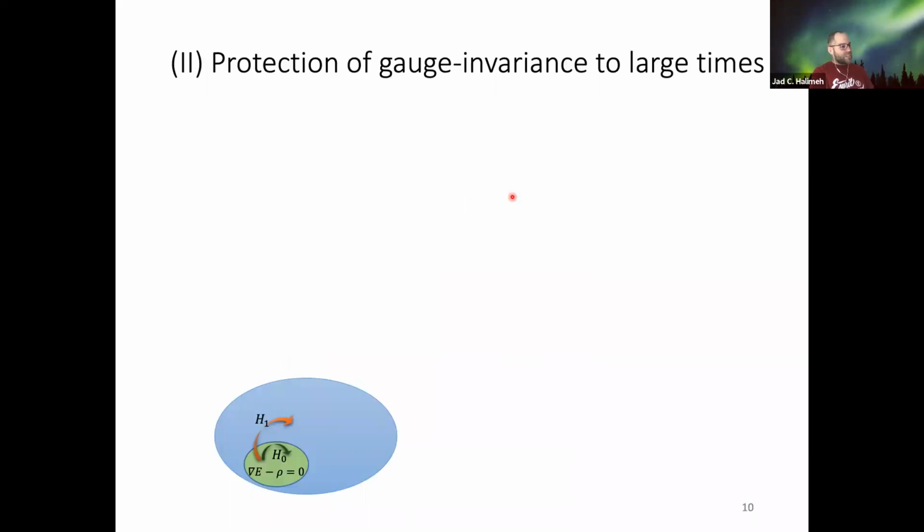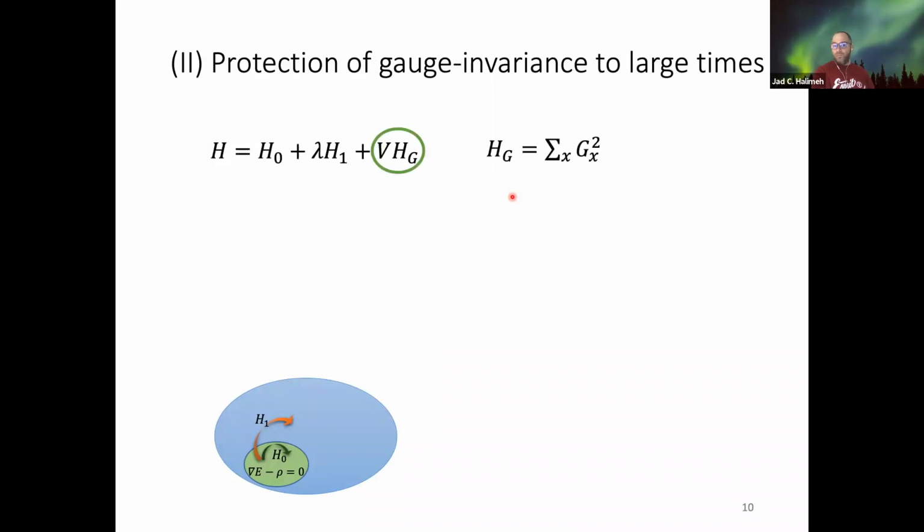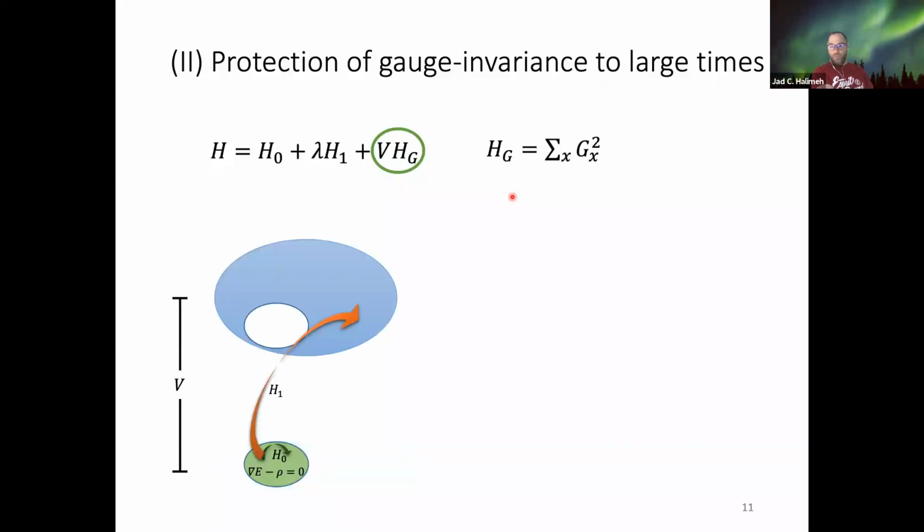So again, we go back to our schematic where I have H naught driving my dynamics in the Gauss's law sector and H1 driving me out of it. How do I suppress this? I just introduce an energy penalty term, V HG. So HG is simply the operator that I use to measure the gauge violation, so the square of the local generator of Gauss's law. What happens is now any processes that want to bring me to a sector where Gx is not zero are being penalized. So it's extremely simple. And schematically, this looks as follows. Now processes of H1 will be very expensive energetically for me, and they are basically less favorable in the dynamics.